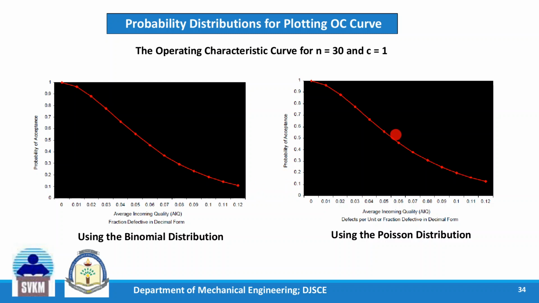That is the reason why the Poisson distribution can be used to approximate the binomial distribution. Whenever manual calculations are done, it is usually easier to do Poisson calculations than binomial, because it is easy to refer to Poisson tables, which are readily available for a particular sample size and acceptance number.